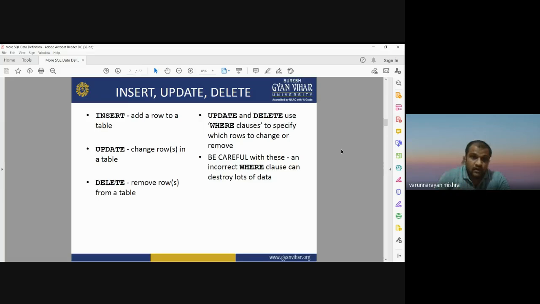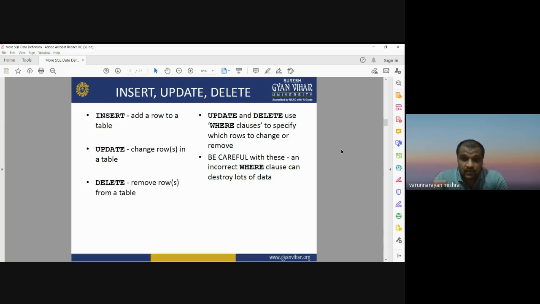So for updating and deleting, first you need to define where you want to change. For that you use the WHERE command. The WHERE command identifies the location of any value in rows or columns which will be changed or removed. So be careful about the update and delete commands.